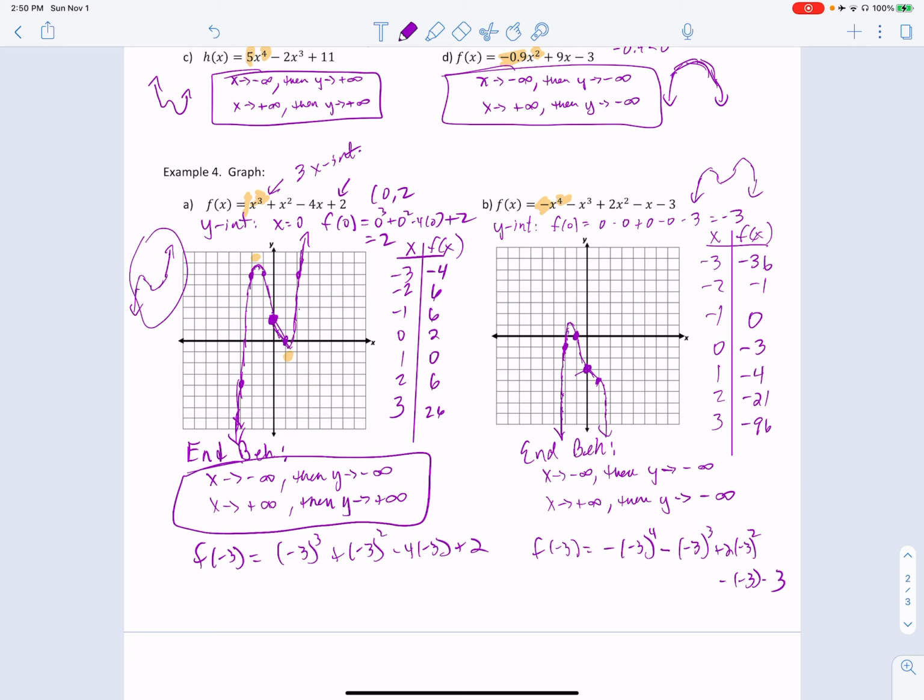So we're not using a graphing calculator, we're just kind of using general terms and some specific points, but end behavior needs to be correct, y-intercepts need to be correct, and you need to